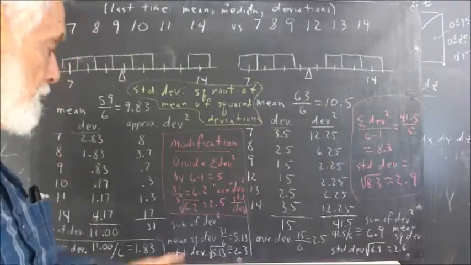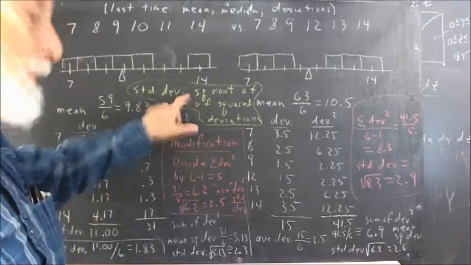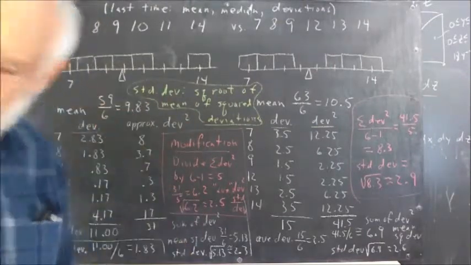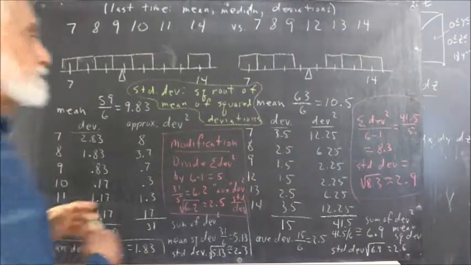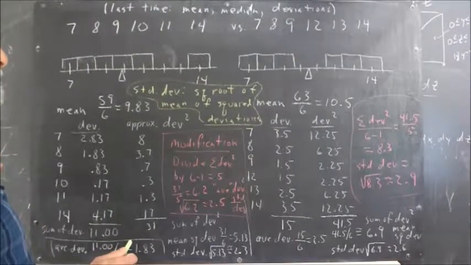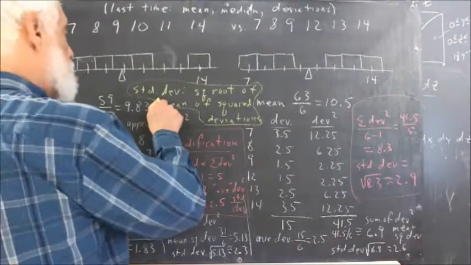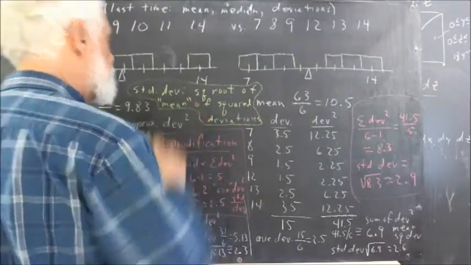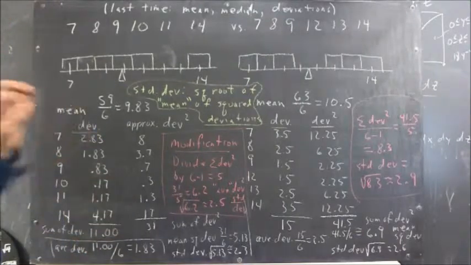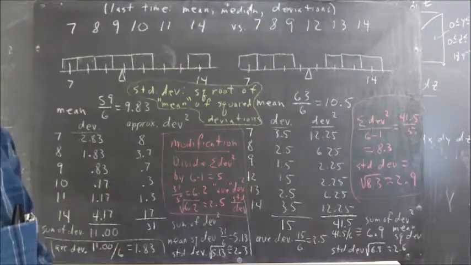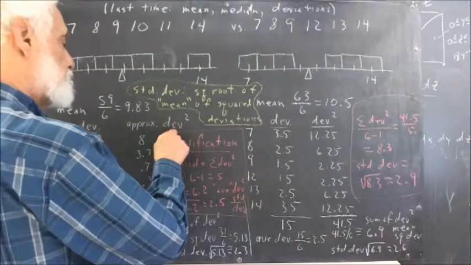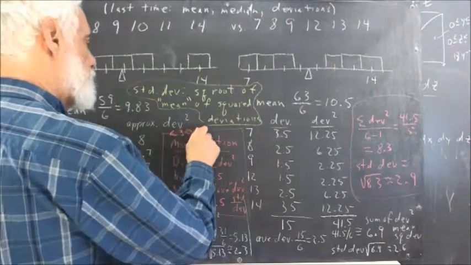Now there's one more twist to the calculation of the standard deviation. Okay, actually I'm kind of lying to you with this statement and with this calculation. Still, this statement and this calculation are useful. It gives you the general idea of the standard deviation. This word mean, I'm going to put quotation marks around it because it's not really supposed to be a mean when the distribution is this small. If you have fewer than 30 numbers, so we have only 6 numbers, so we have less than 30 numbers,